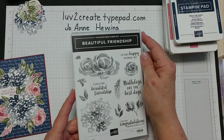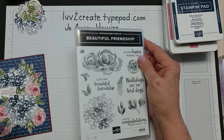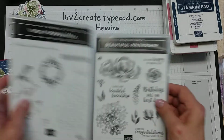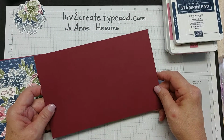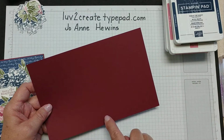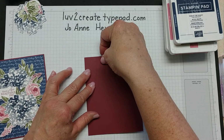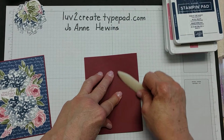I'll be using the Beautiful Friendship stamp set, which is in the annual catalog, and also some words from the Very Versailles stamp set that's also in the annual catalog. I'm going to start with a piece of Mary Merlot, 5.5 by 8.5. I've scored it halfway at 4 1/4, and we'll just fold this. I'll still match my corners as best I can, even though I've scored it. It's not always exactly right. And then I'll bring in my bone folder